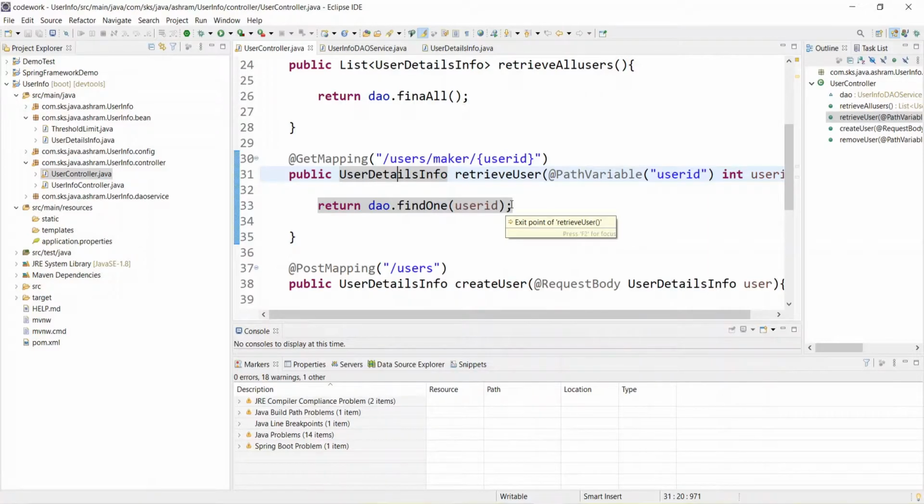An in-memory database basically relies on the system memory. It's basically stored on the RAM. It's an embedded database and it's volatile in nature. So all the stored data will get lost once you restart the application.